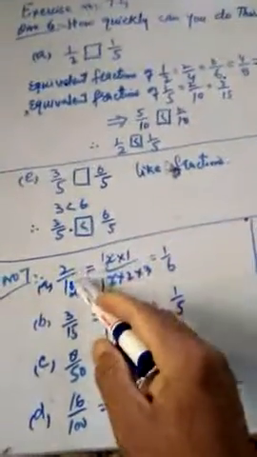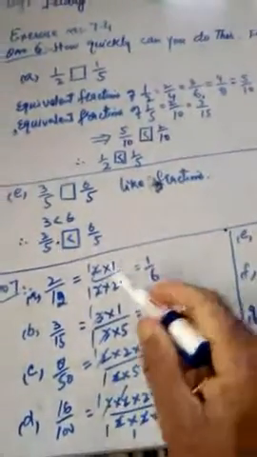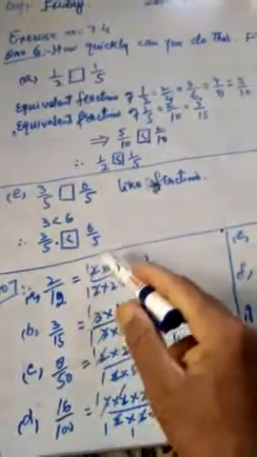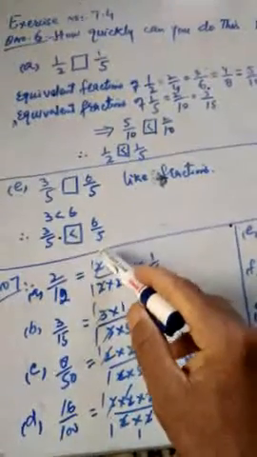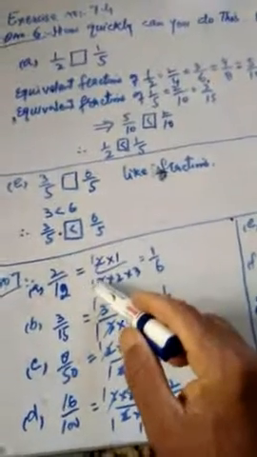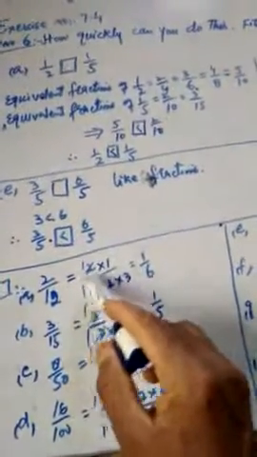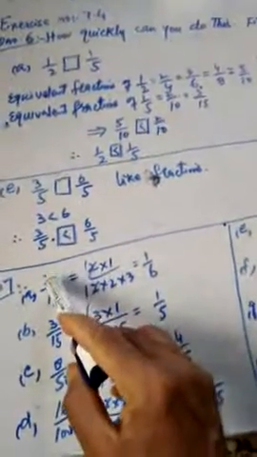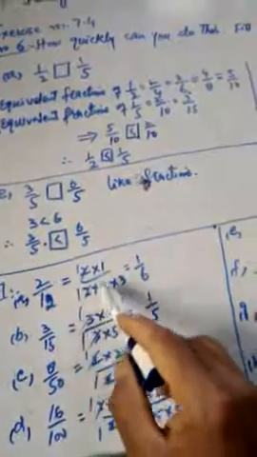When we change a number into its simplest form, we know that in the simplest form, there should be no common factor in the numerator and denominator. So first of all, we will find the factors. The factors of 2 are 2 into 1. The factors of 12 are 2 into 2 into 3. You can use the factor tree method also, like this.